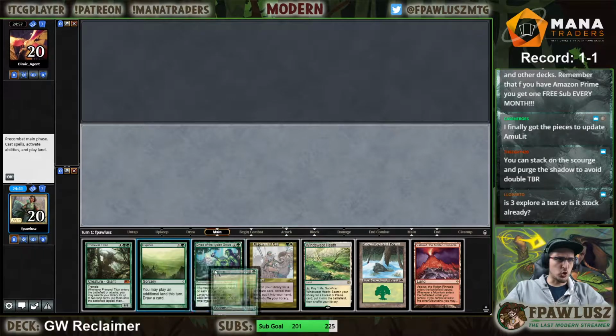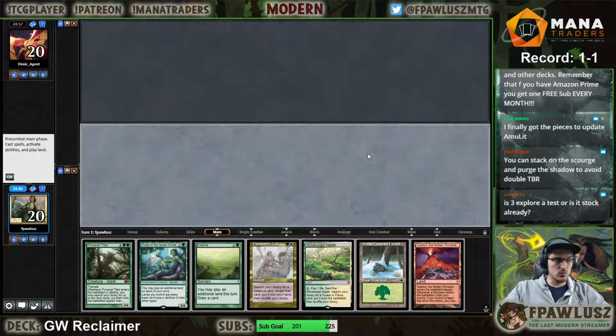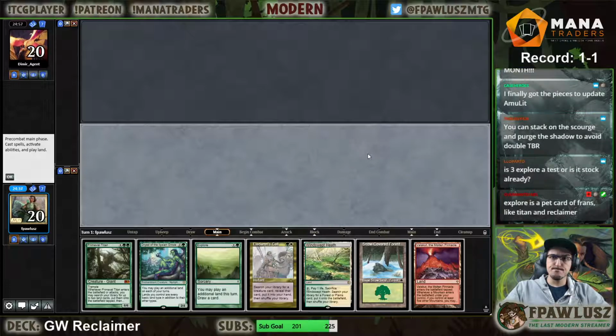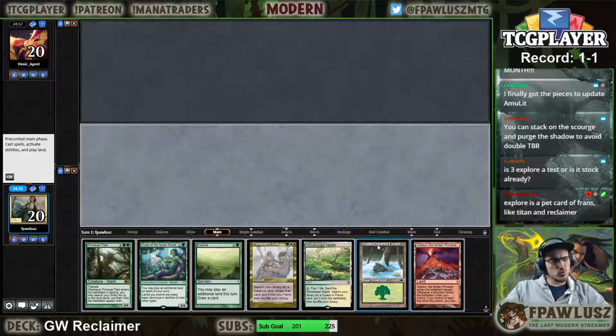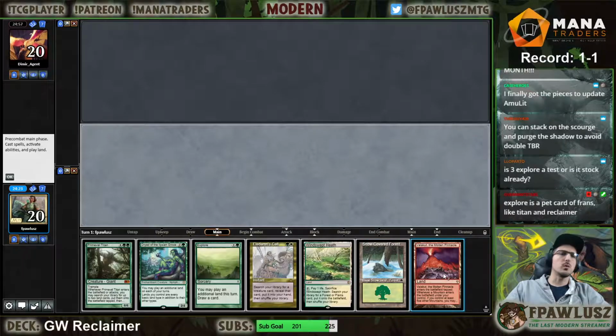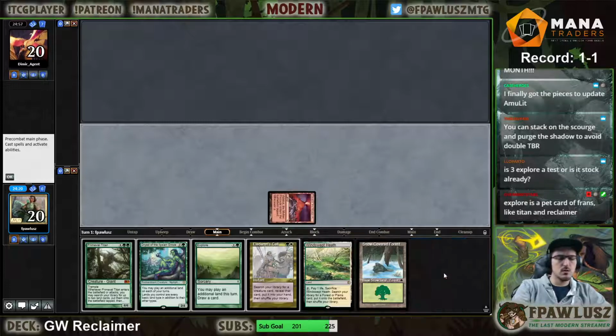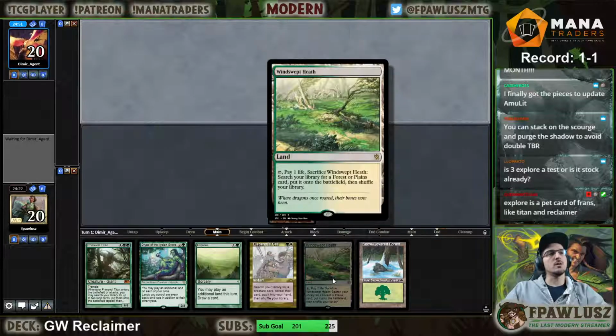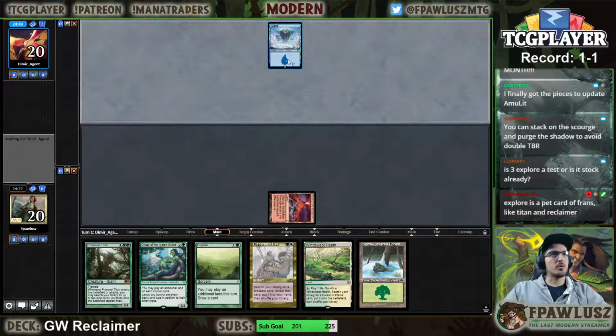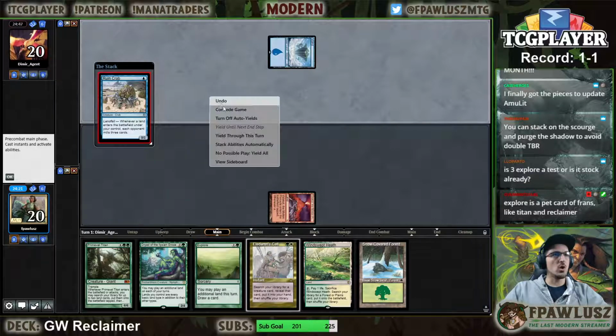So I guess I could draw into... Exploit is a bad card. It's a card that I do like a lot, I'm not gonna lie. So, do I want to play around this card? I think we don't play around this card. So my reasoning is, if I lead on Windswept Heath, if my opponent discards my Explorer on turn 1, oh,